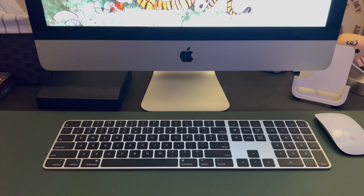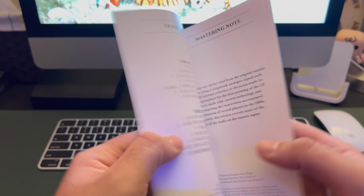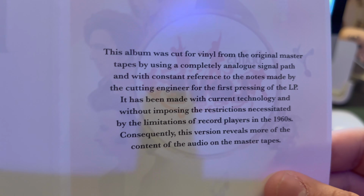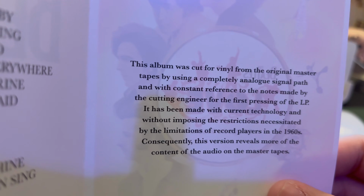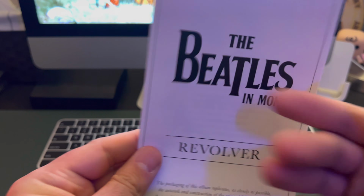and here is the card. I'm just hitting my camera here. Here is the card, which is pretty cool. Songs and a little blurb about the mastering process of these mono records, and a love advertisement. So